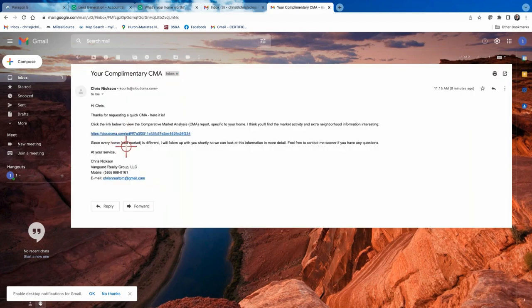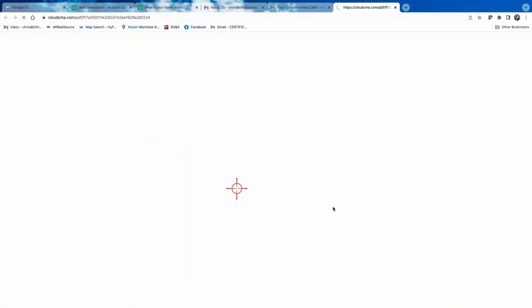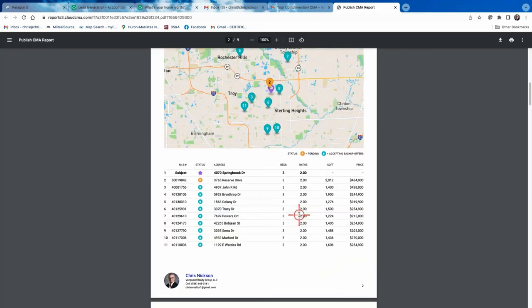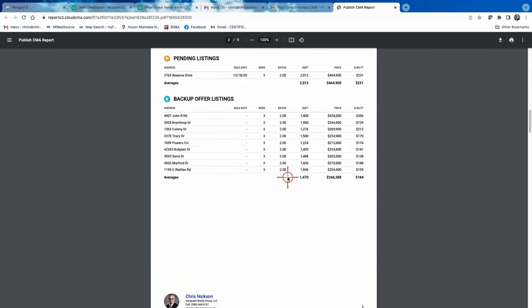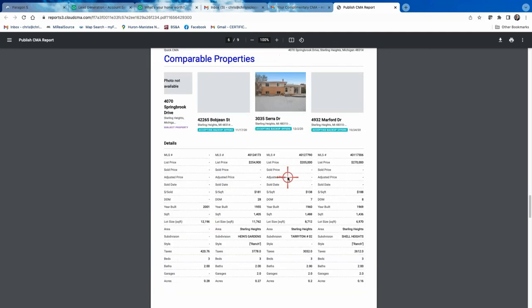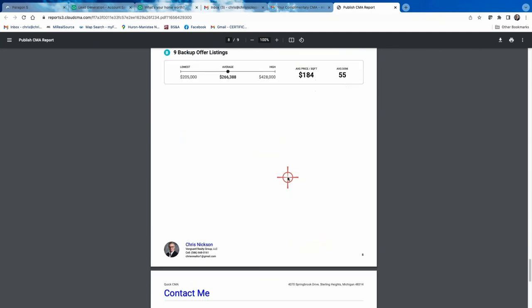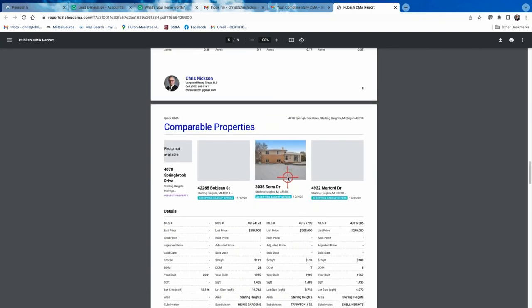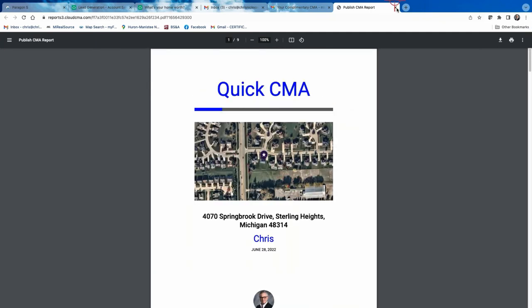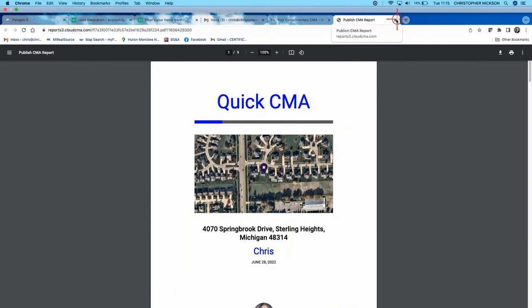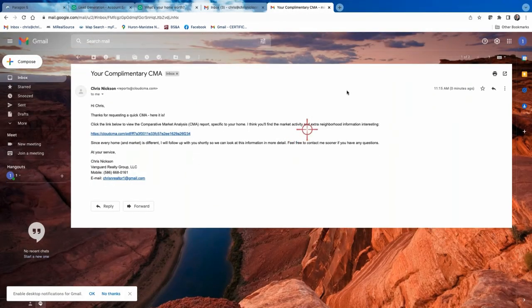Little blurb about it, and if they click right here, this is the report that they're going to see. Quick CMA, homes that they pulled, and a little bit about each home. There's no pricing in it, in the contact me. There's no pricing in this. That's what they're going to see. Okay, it generated their interest. Maybe they're happy with it, maybe they're not. But the nice thing about it is,